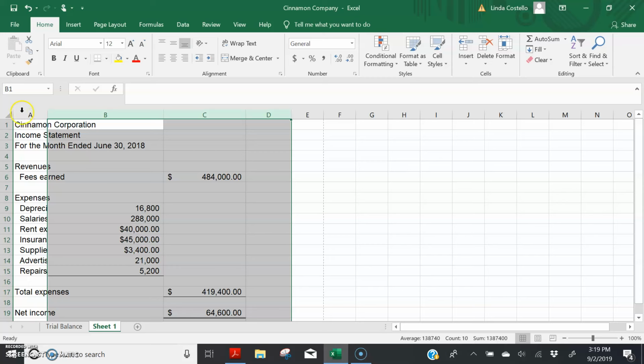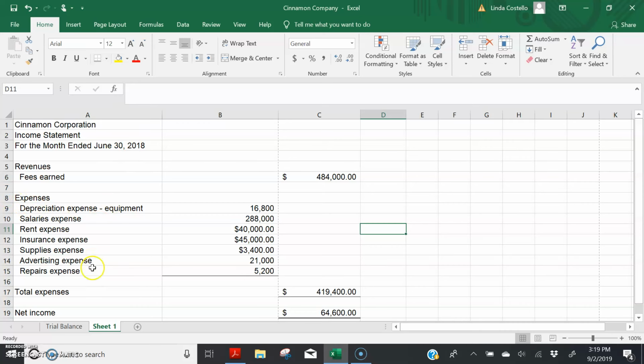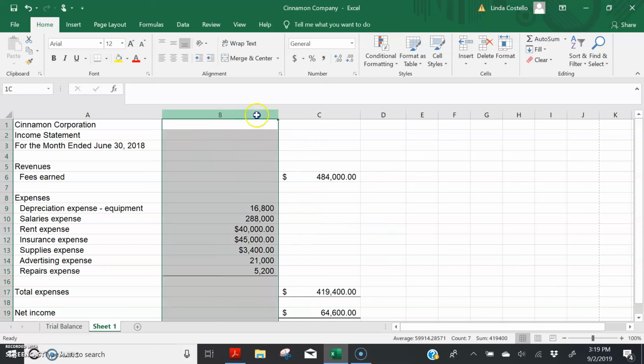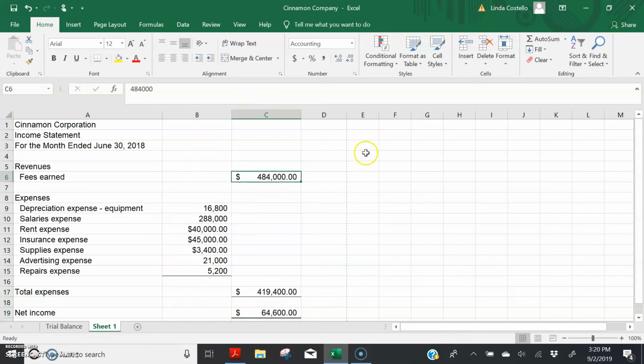Now we have 3 columns, a column for the words and 2 columns for the numbers, which is exactly what we want. But as you can see, we have serious sizing problems. So let's just resize column A so it'll fit all the words. Now all the words show in the properly resized column A. It's wide enough to have all those words in it. Now our number columns are way too wide. So let's just narrow those up a little bit. We'll refine the size of our number columns here pretty quickly. We'll just start right there.